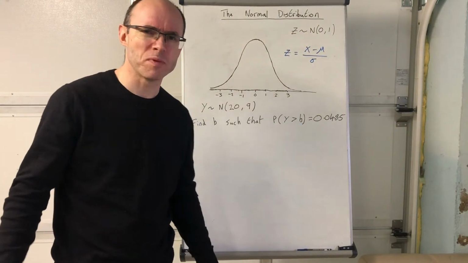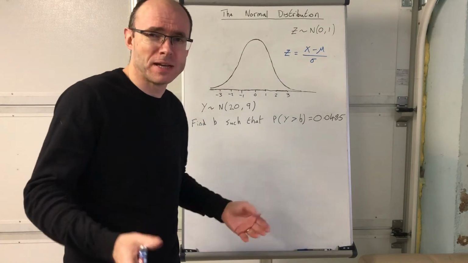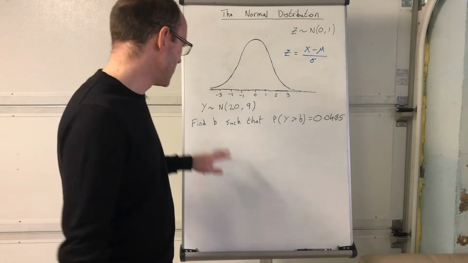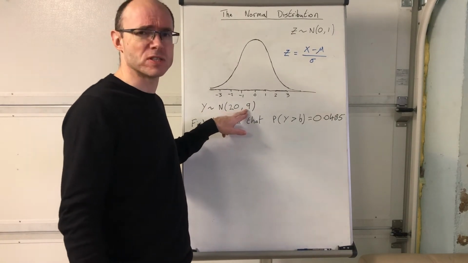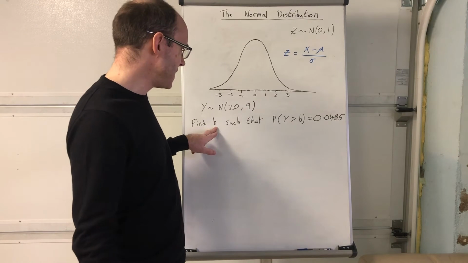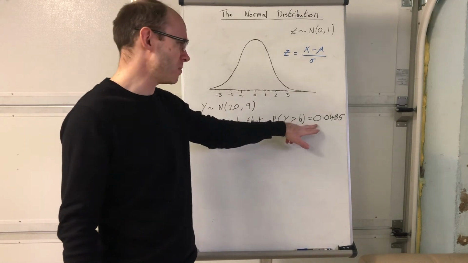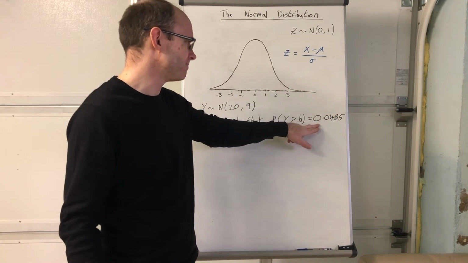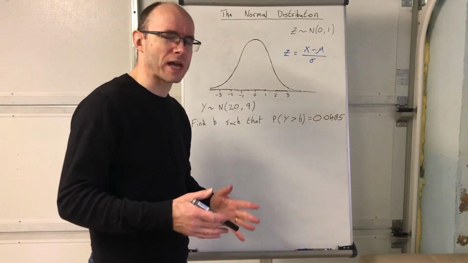Alright, so next example then. So you've got y. Well, that's interesting, isn't it? A different letter. It doesn't always have to be x, of course. So y is normally distributed with mean 20 and variance 9. Find b such that the probability of y being greater than b is equal to 0.0485. Well, the first thing to do really is just to work out what it'd be in terms of